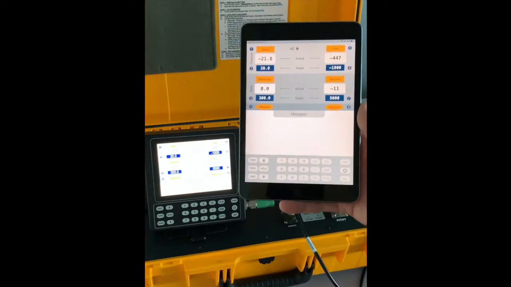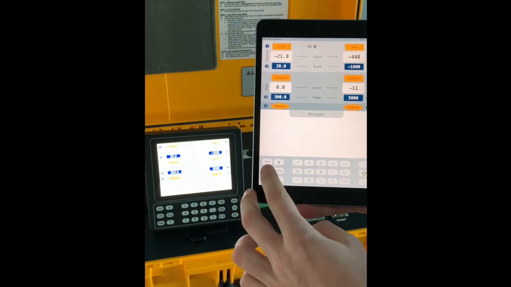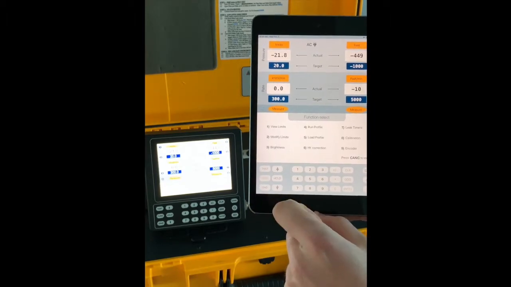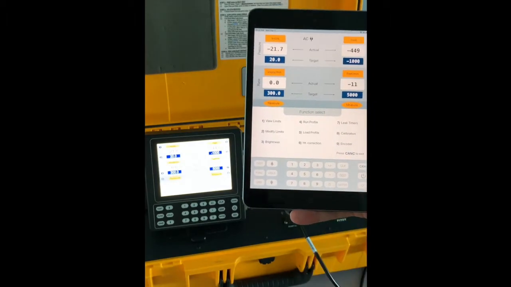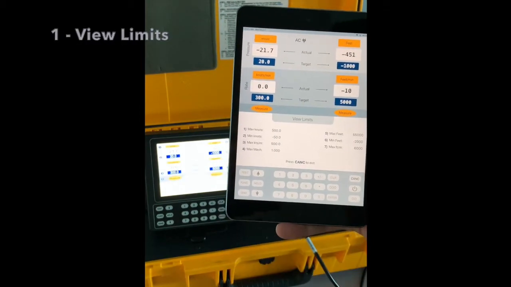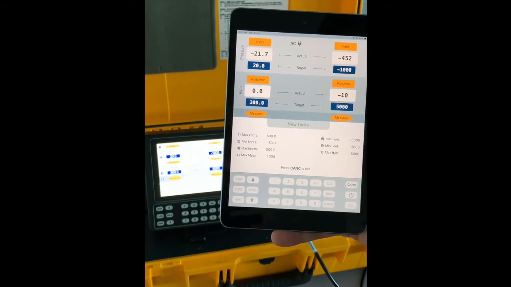Now let us take a look at the different functions on the Model 6300. To enter the function menu, you will push this button. That will give you 9 different functions. The first one is the view limit. When you click on that, that will allow you to see whatever hard limits are set for the tester right